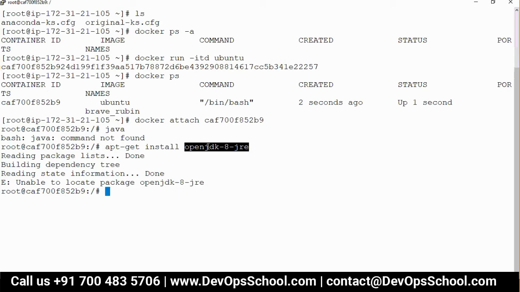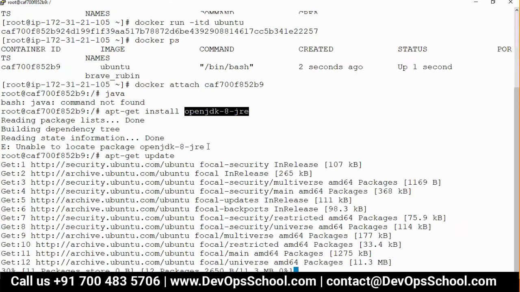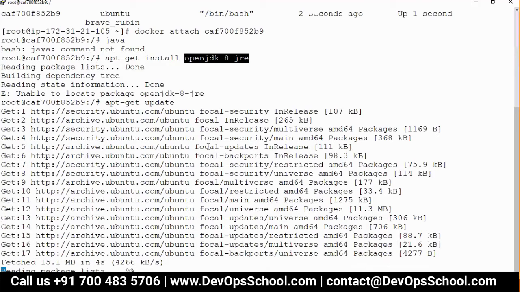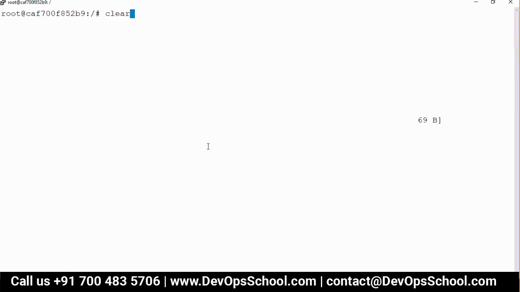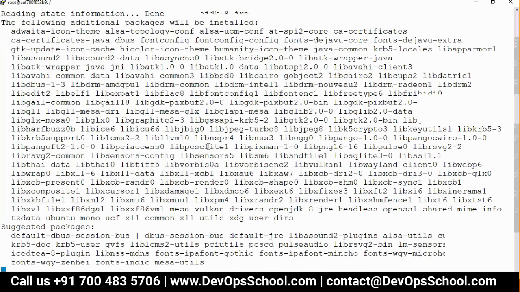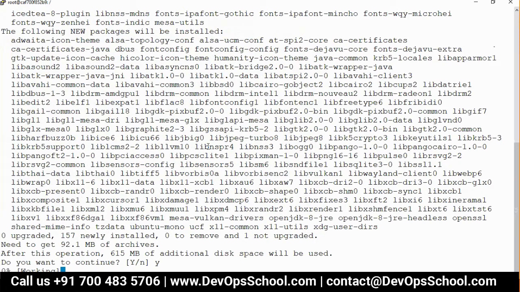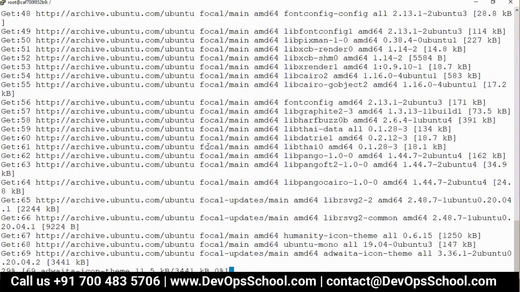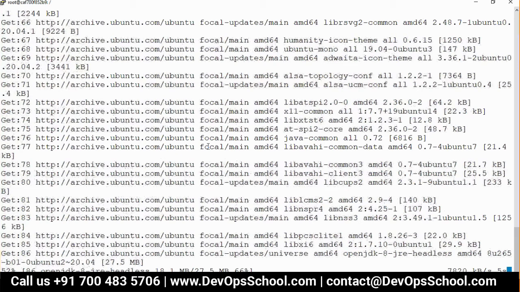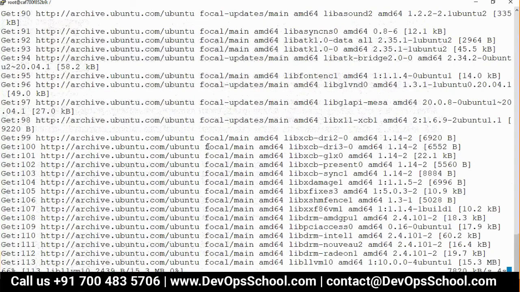So what should we do? I'm going to update the operating system because this image is a very base image, has no other software and repository. So I'm updating the operating system. Now I updated the operating system using the update command, and I'm going to install Java right now. JRE. You see, yes, press, and now Java is being installed. Remember, everything I'm doing is inside the container. Everything I am doing inside a container.